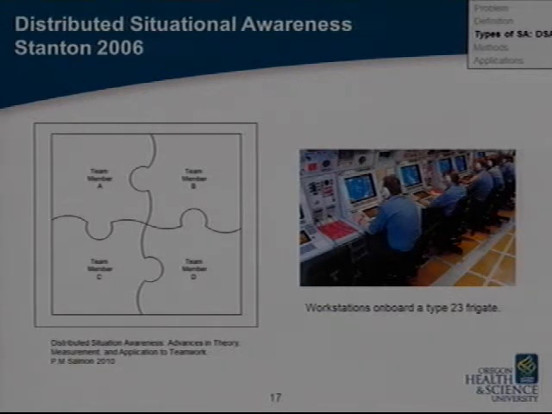One of the things he looked at was workstations or simulations of a Frigate 22, in which several different military officers are responsible for targeting assessment, for firing upon the enemy, or for commanding the battleship. In this particular image, all of the operators are sitting side by side. They have headphones on. They are primarily communicating through their microphones, and they each have a distinct view of the battlefield.